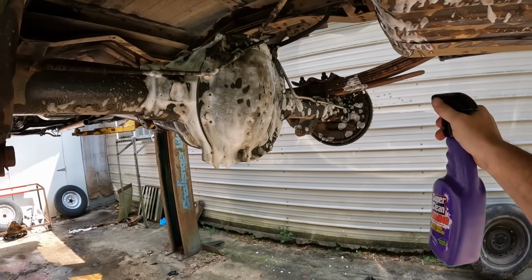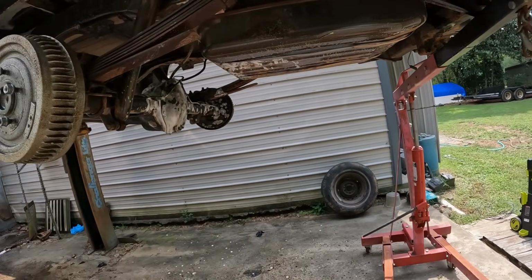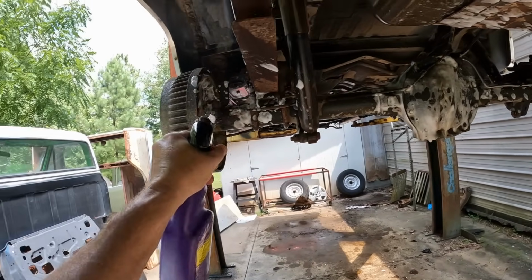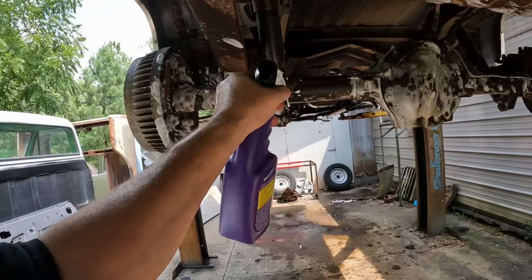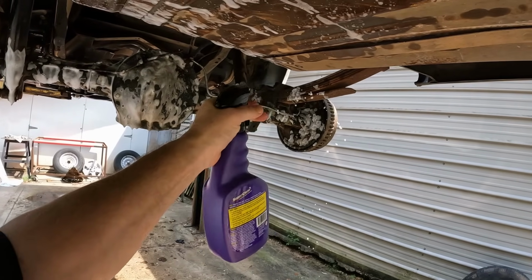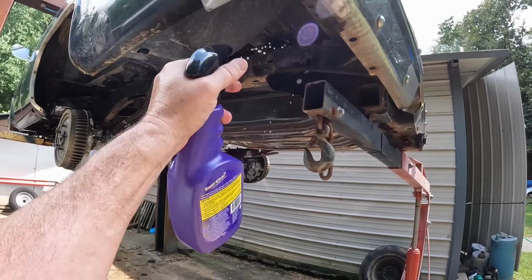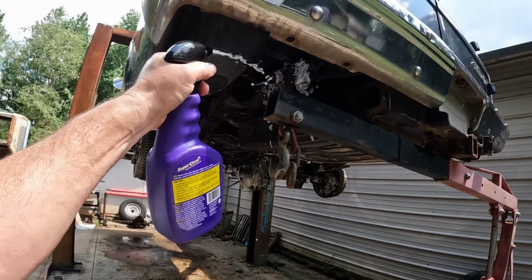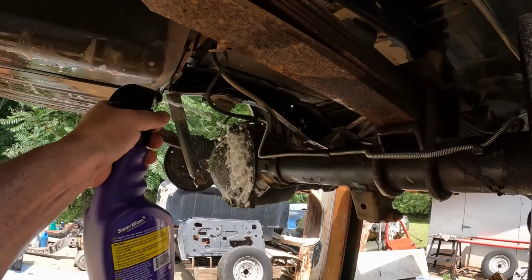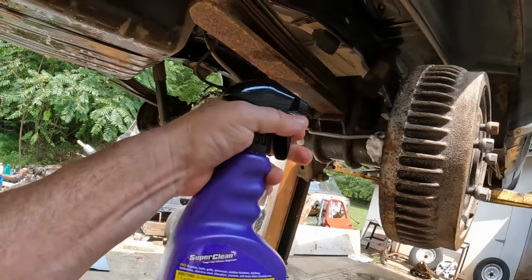It'll help creep that stuff off there. Ain't too worried about the shocks. We're gonna take them off. Let's see, get back here. Gloopy. Okay. All right, guys. I'm gonna hit a little of the heavier spots here,